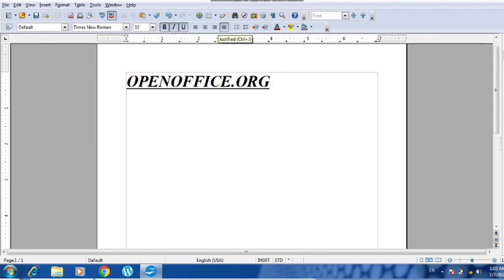And if you want to change the color of the text, you can do it from here. If you want to give a background to the text, you can do it from here. So this is all about the alignments, how you can format the text, and how you can view the different kinds of toolbars. All right, so in the upcoming video, we'll be working with the insert menu.